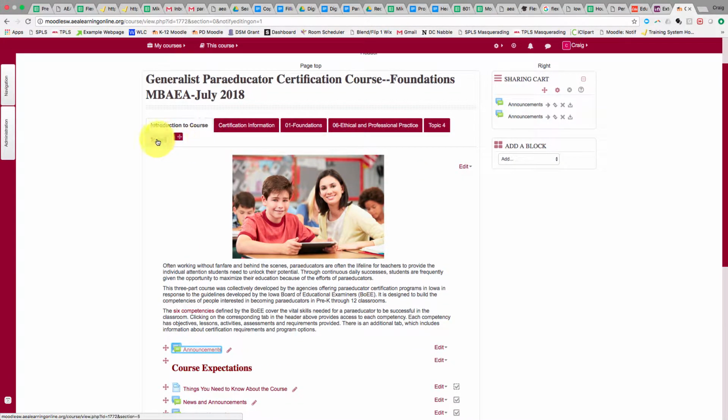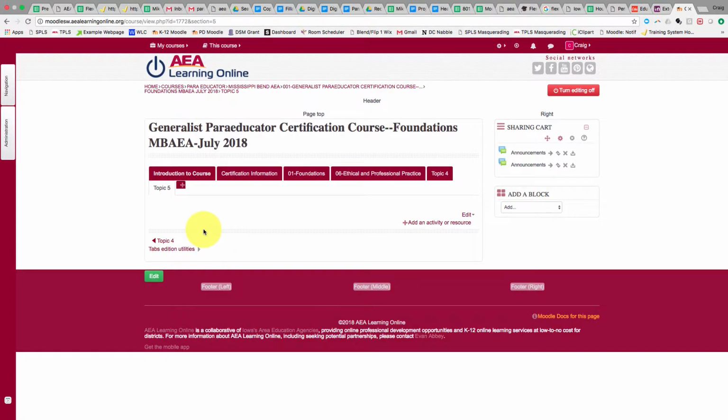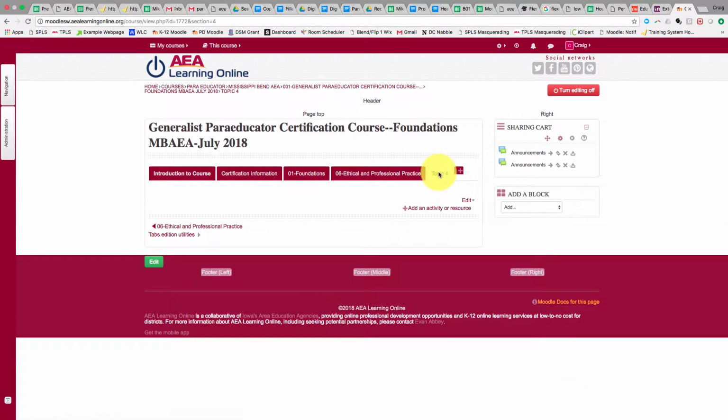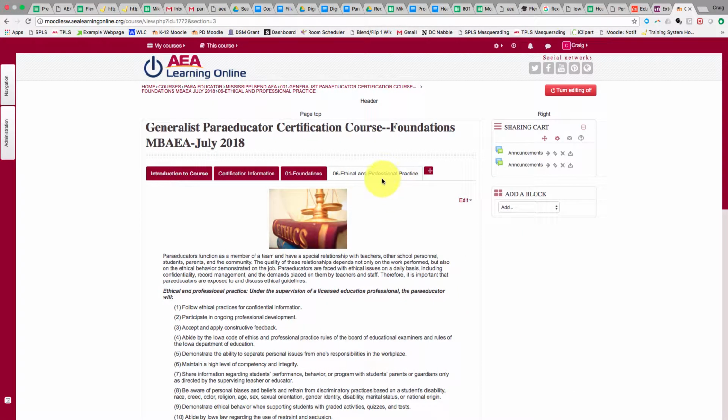And then the other thing is you'll notice you've got some blank topics up here, topic 4 and 5. So what you're going to do is go into these tabs, and then in your edit, you can just delete section. There used to be another way to do that, but that's the easiest way to do it now. You'll just delete those sections. Okay, so now we'll get into actual